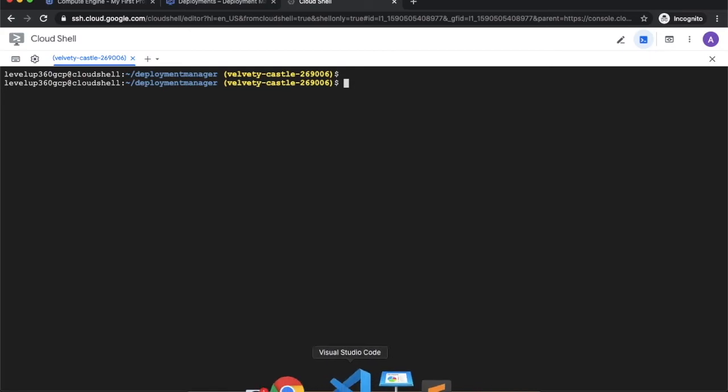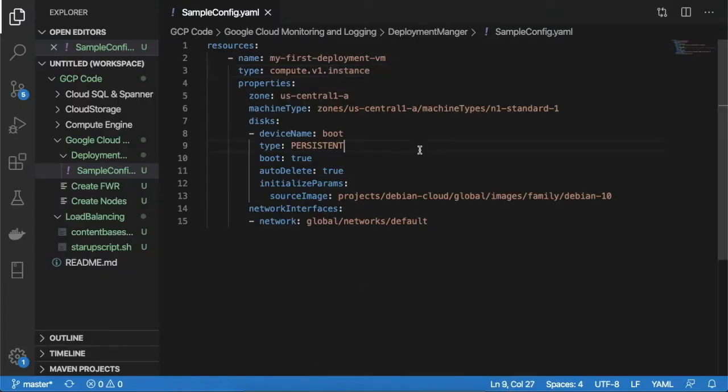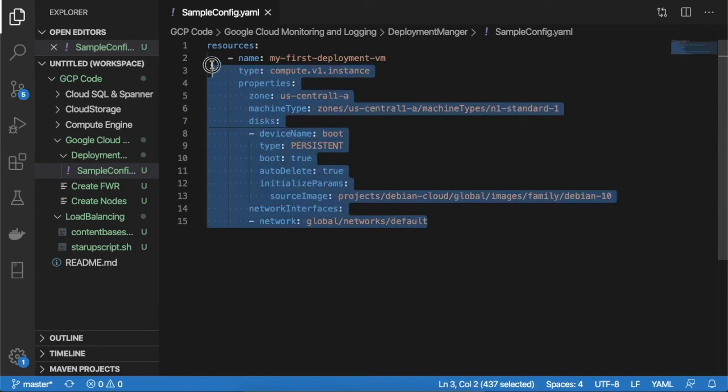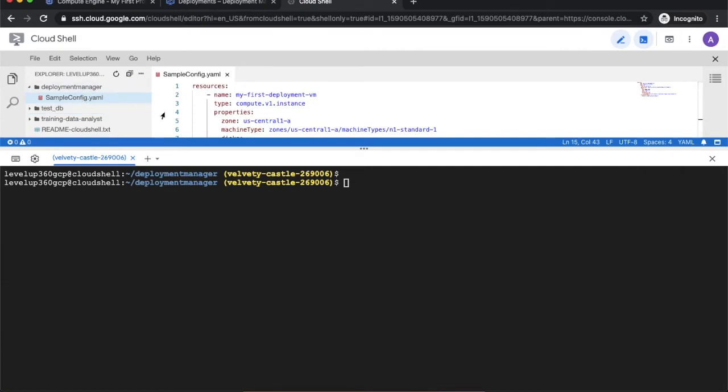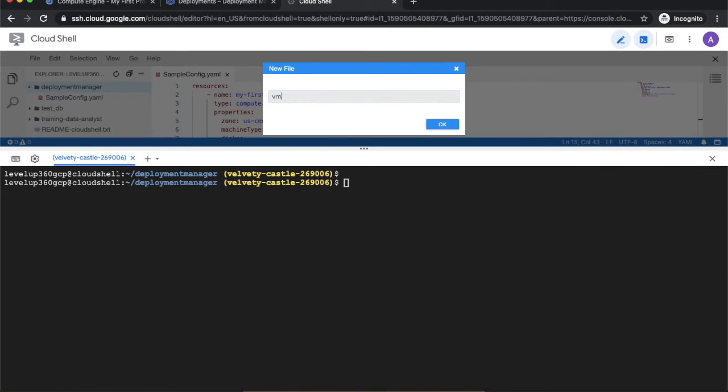So let's go to the code file, and over here you can see we are using this particular file. What I will do is simply copy this particular resource and put it in a Jinja template instead of a Python template. So I will open the code editor, create a new file over here and call it vm template dot jinja.